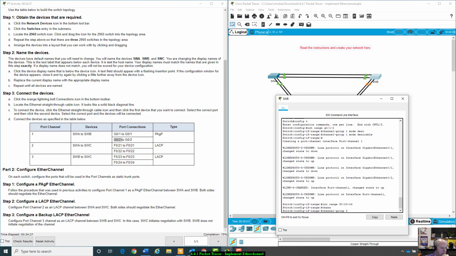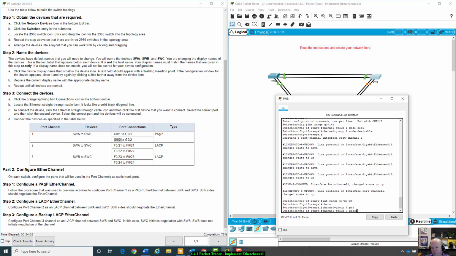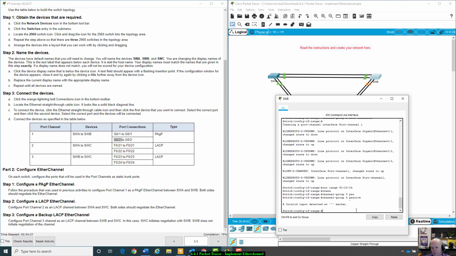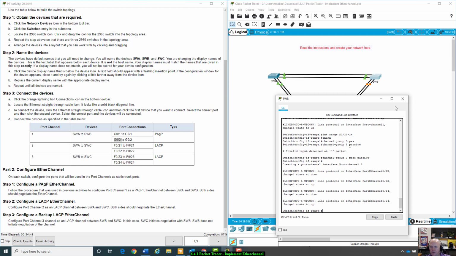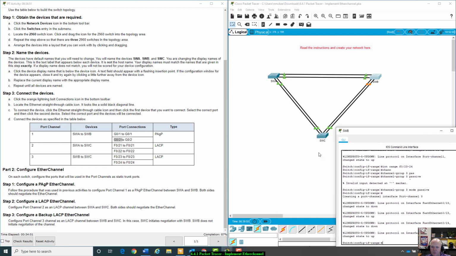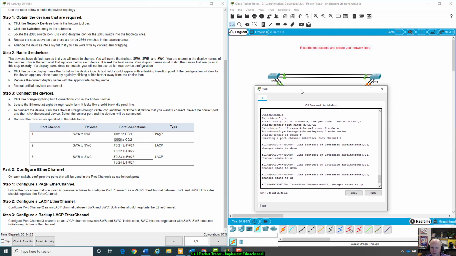Switch B does not negotiate the channel, so that'll be passive. Mode passive. Alright. And finally, switch C is going to be interface